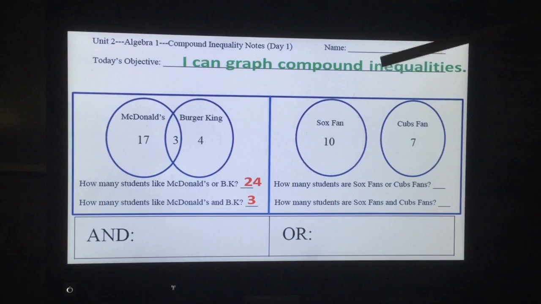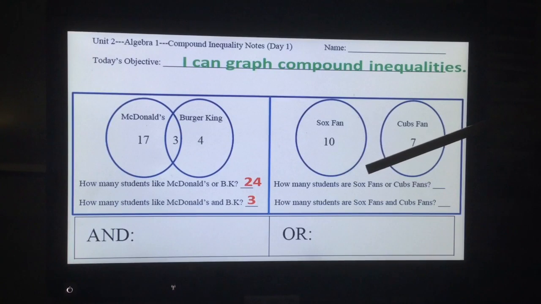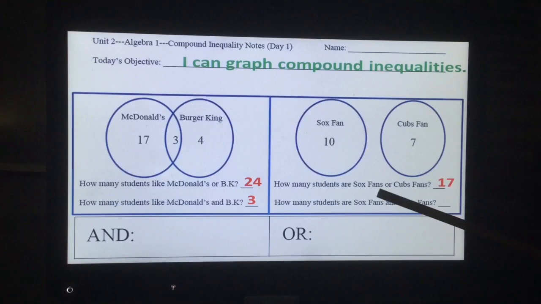Now over here, we have Sox fans and Cubs fans. It says, how many students are Sox fans or Cubs fans? Now if I made it a yes or no question, I go up to these people right here. Are you a Sox or Cubs fan? They'd say yes, because they're a Cubs fan. If I said, are you a Sox or Cubs fan? They say yes, because they are a Sox fan. So these two put together, getting you 17, would be the answer to someone who is a Sox fan or